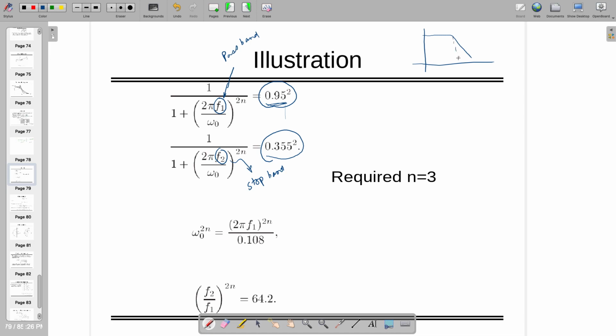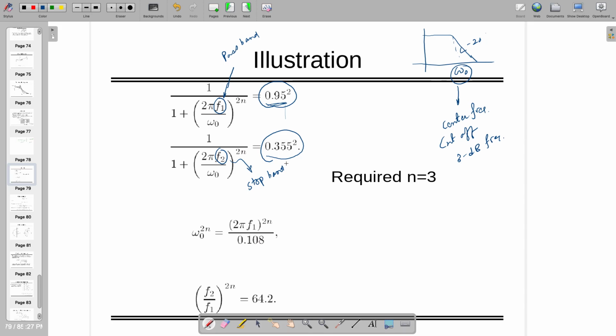If you remember, this is a frequency after which you don't want any signal. So this is also known as the center frequency or the cutoff frequency or the 3 dB frequency, right? After which you don't want a signal, or the signal will be attenuated by minus 20 dB per decade in the case of first order,